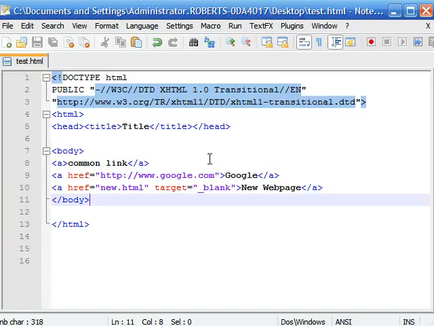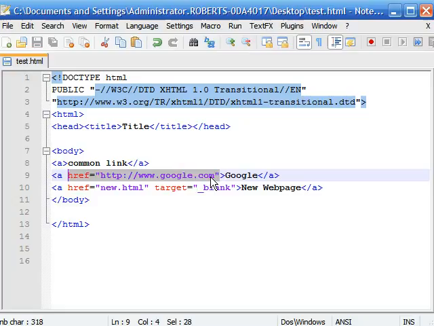Last time we learned about making a basic link. We learned that all links begin with an opening A tag and end with a closing A tag. We also learned that the website name that you want to link to goes in the href attribute in between the quotation marks. And we also learned that when linking one of your pages to another page on your same